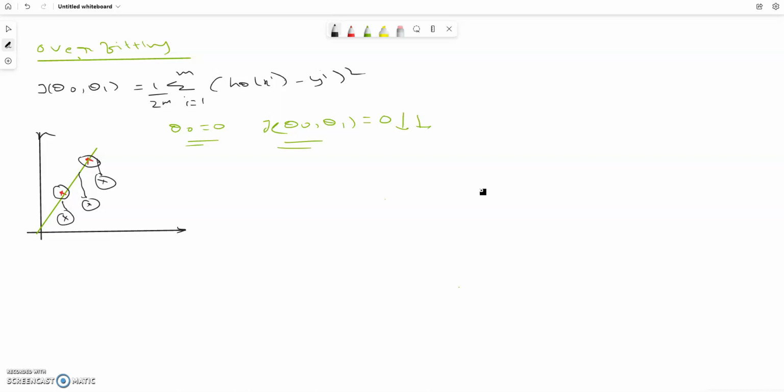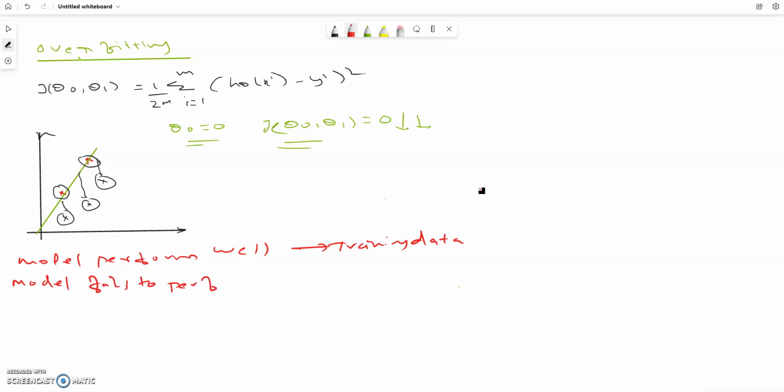Now here comes the overfitting problem. Here I can write something like this: model performs well with training data, but model fails to perform well